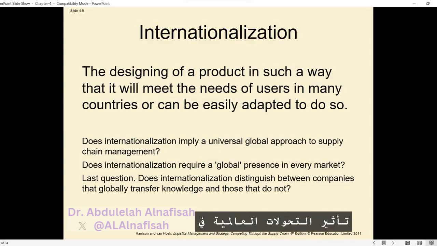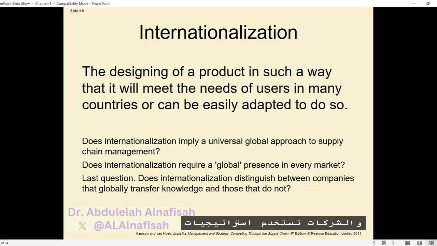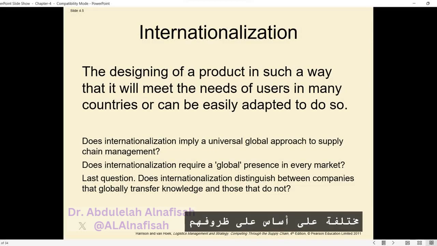The impact of global shifts in international investment and trade on logistics requirements, as well as the emergence of a fourth generation that recognizes the trade-off between local market responsiveness, environmental concerns, and the benefits of internationalization. Overall, there is no one-size-fits-all approach to internationalization, and companies employ different strategies based on their specific circumstances and objectives.